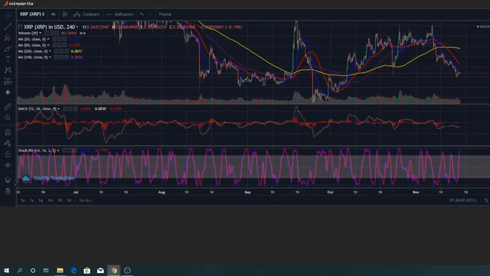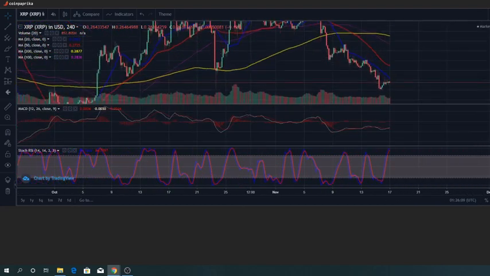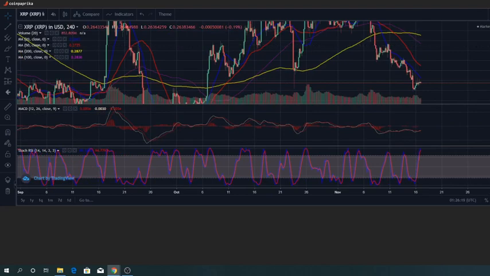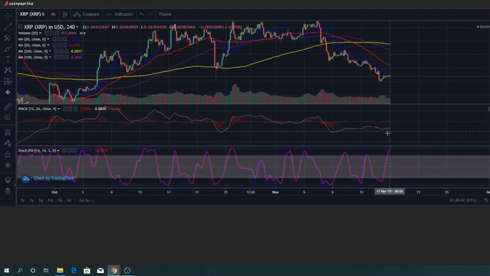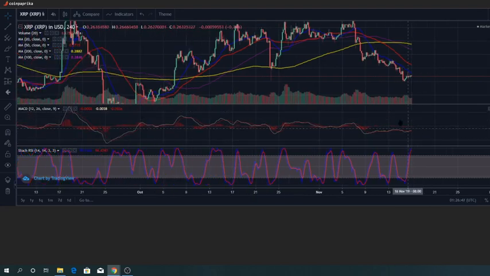Now we will look at XRP on the 4-hour time frame. We can see that the stochastic RSI is at the top, around the overbought scenario, but most of the time when the price runs up high, you can see the RSI reach there. When the RSI was reaching the top, the price was still at the bottom or near the moving average, and when it was moving up high, it still remained there. So there is a possibility that it can remain there and then move up high, because if you see the MACD at that time, after multiple touches the MACD actually crossed to the upside. That's positive news in the shorter time frame.